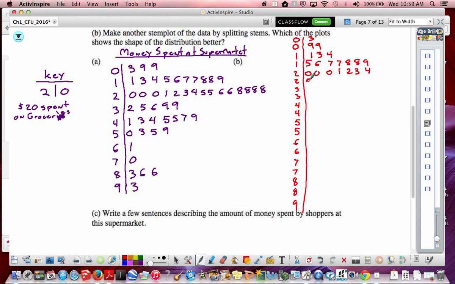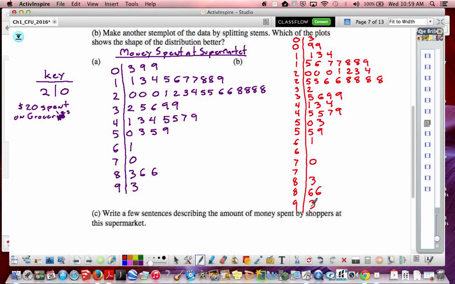And then I get the 5, 5, 6, 6, 8, 8, 8, 8. And then 30, just 2. And then 5, 6, 9, 9. 1, 3, 4. And then 5, 5, 7, 9. 0, 3, 5, 9. 1, nothing. 0, nothing. 3, 6, 6, 3. So now, okay,